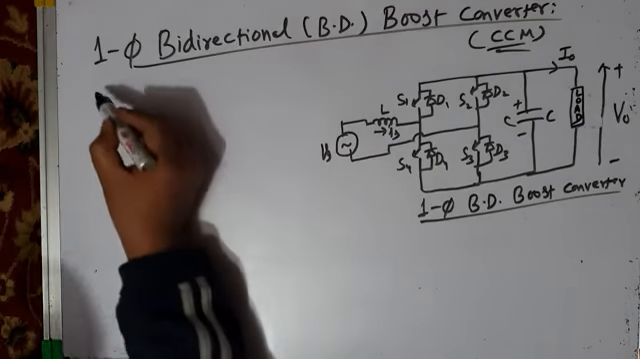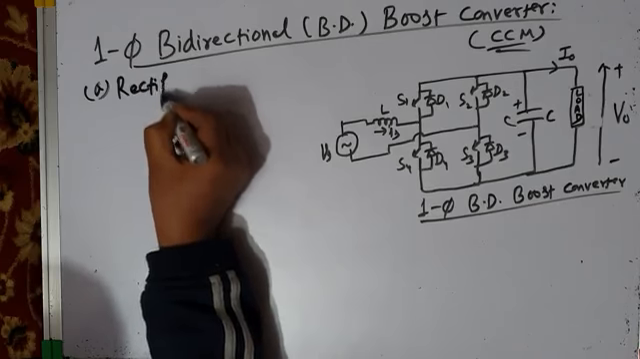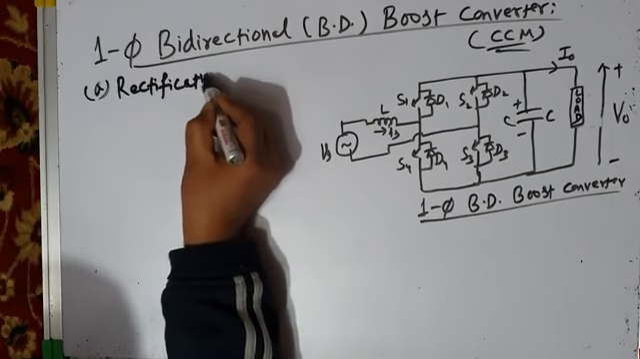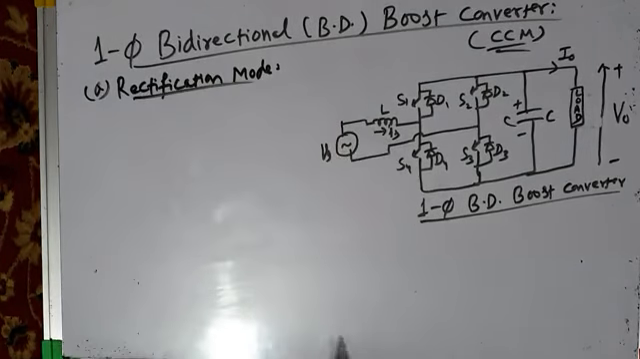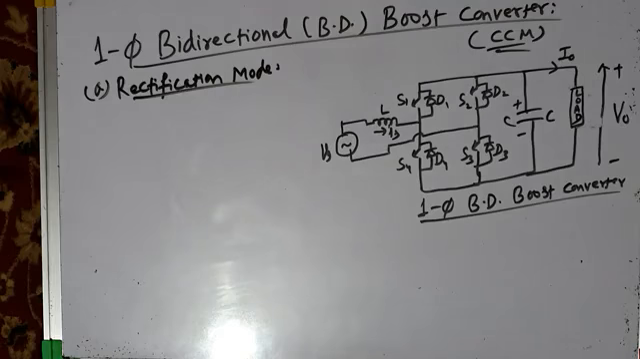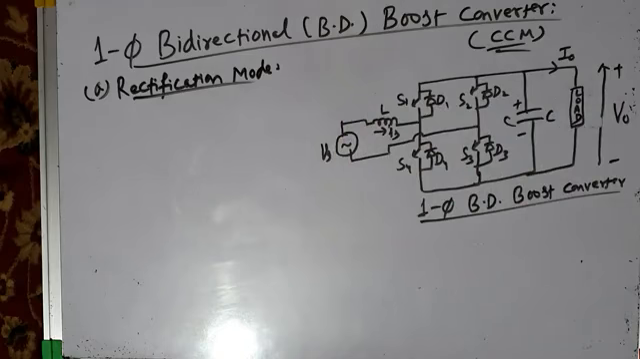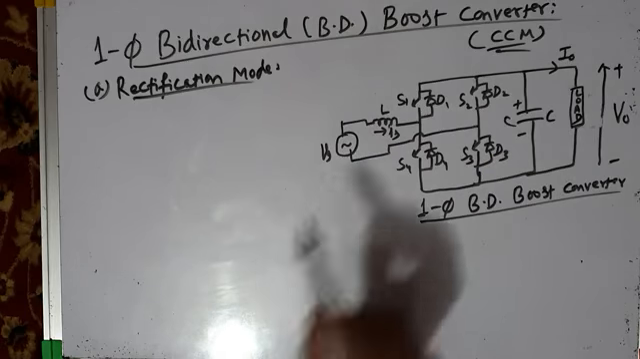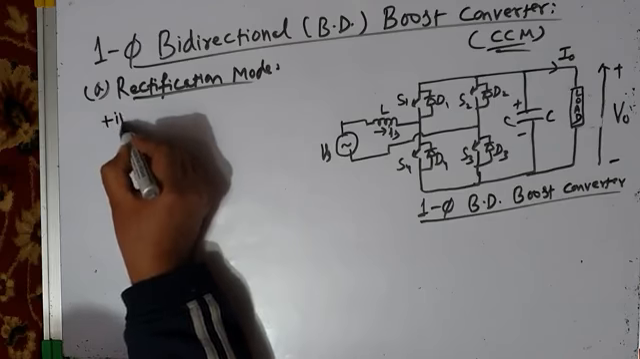Okay, let us first of all discuss rectification mode of operation. In the rectification mode, power flow should be from AC source to DC load. I mean, if your load is a motor, it should receive power from source and work as a motor. Power should flow from source to load. Okay, now you have positive half cycle and you have negative half cycle. Now, positive half